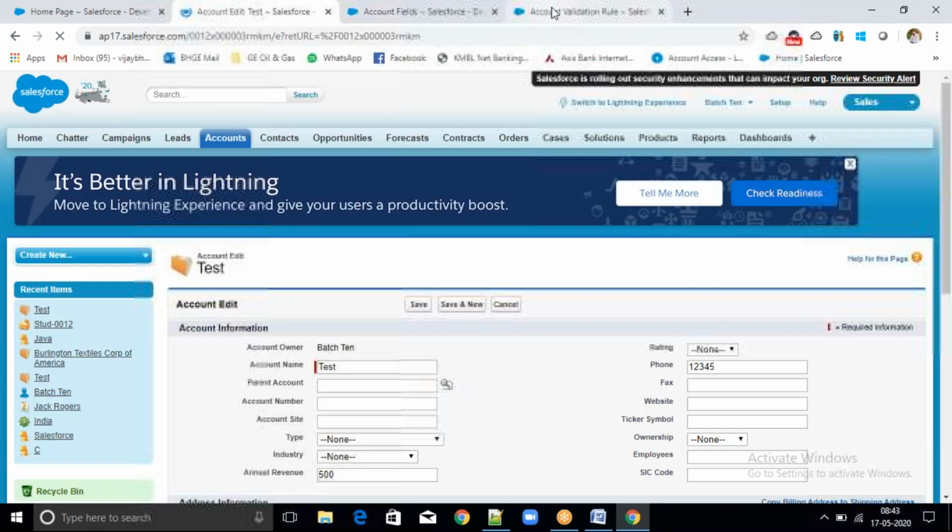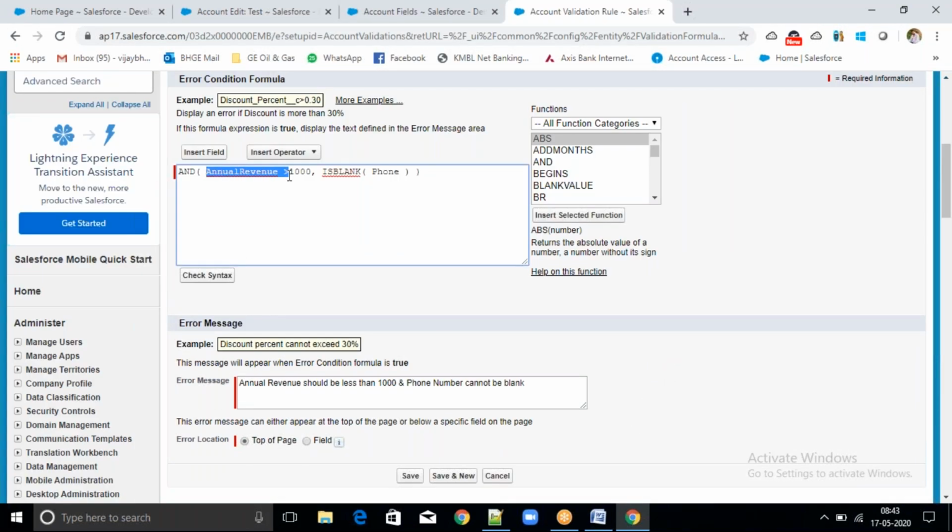Because here I have entered 500, and 500 greater than 1000 returns false. And here I have entered a phone number, so it is not blank. So it will return false. False and false means it will return false, right?